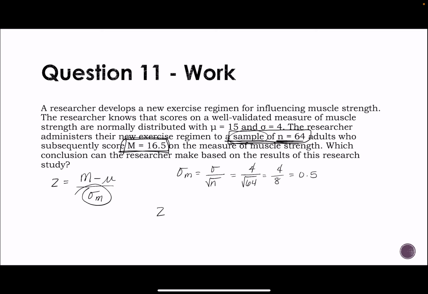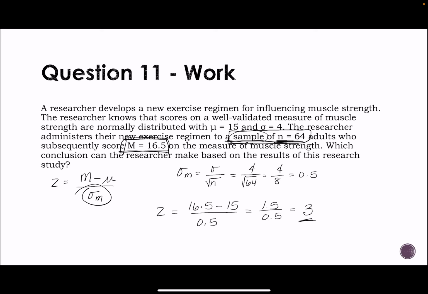So now when we find our z-score, we have 16.5 minus 15 divided by our standard error of 0.5. So this is going to be 1.5 divided by 0.5, which is going to be 3. So our z-score is 3, and that is very substantial as far as